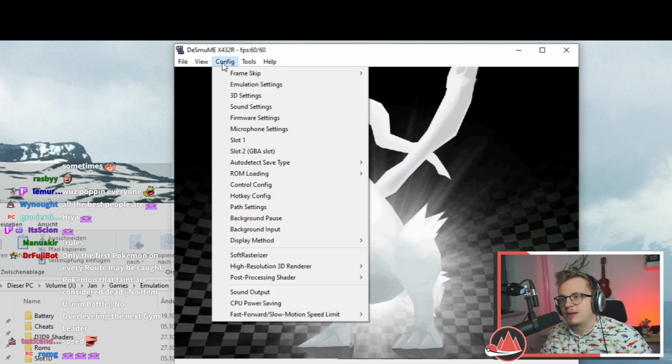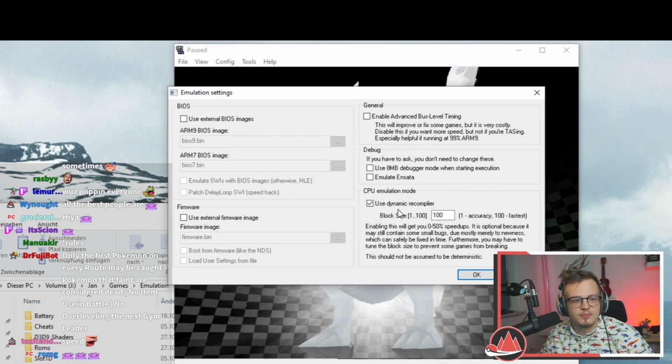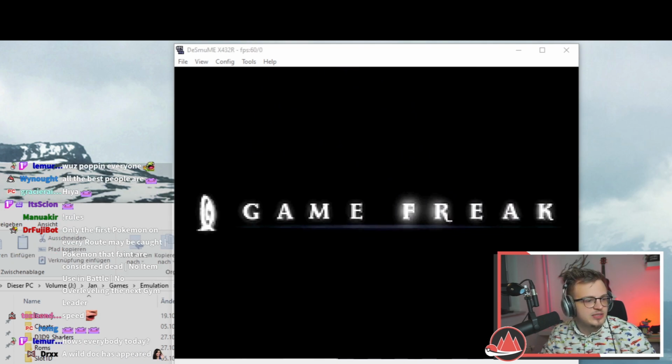There's one more option in emulation settings, which is the dynamic recompiler, which gives you a little bit better speed. So you want to enable this. It just makes everything a little bit smoother. As for speed up,